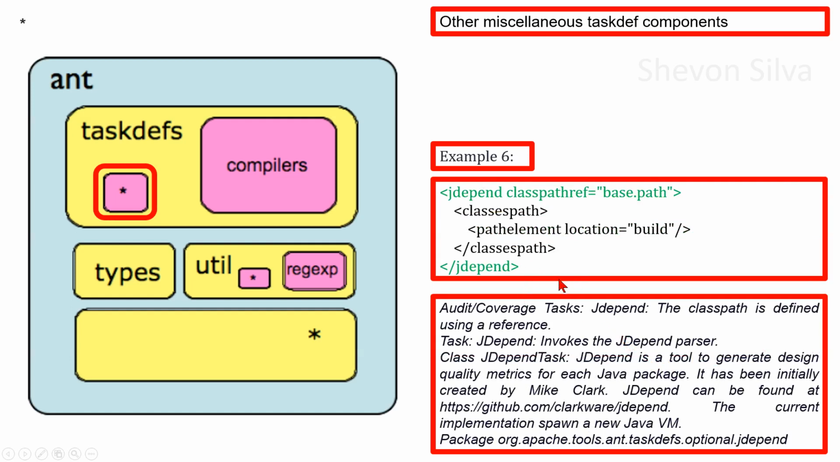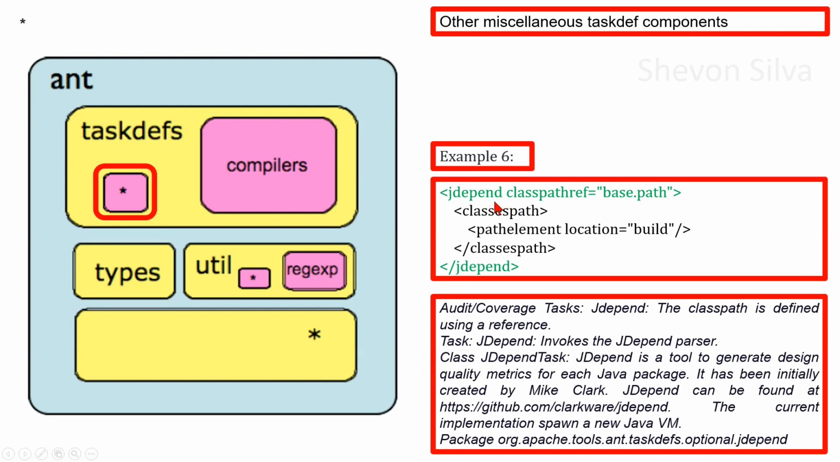Now we are considering audit coverage tasks. JDepend. The class path in JDepend on audit coverage tasks. Class path is defined using a reference. The task JDepend invokes the JDepend parser. In the API class